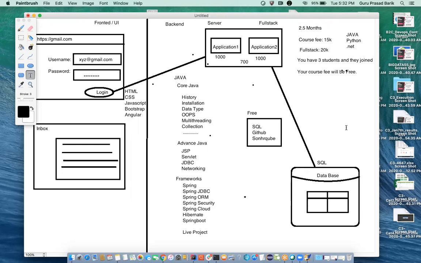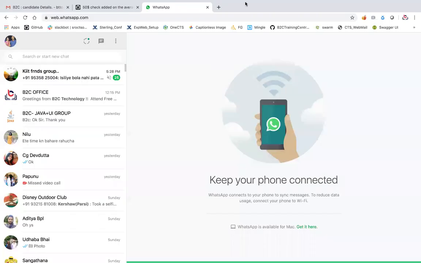Sir, where is your office exactly located in Bangalore? Marathali. Okay. And what is the placement assistance procedure in your institute? Yeah, we have 2 programs. One is the referral program, and we have different institutes and organizations with us. I'll give you one.